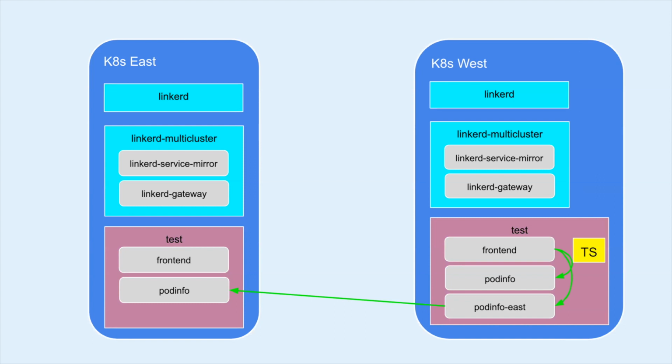And we'll see how that works as well. And then the last thing that we'll take a look at is how we can actually do some of this traffic splitting. So if we wanted to evenly distribute traffic across the two clusters, we would be able to do that